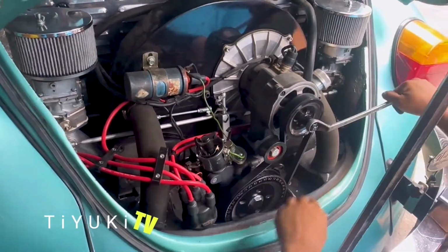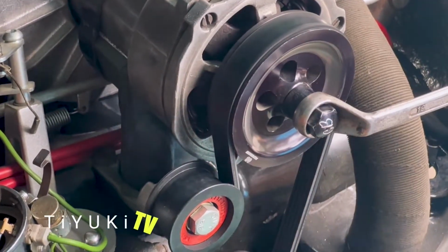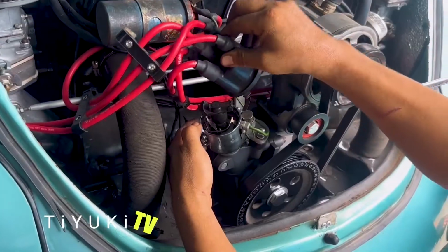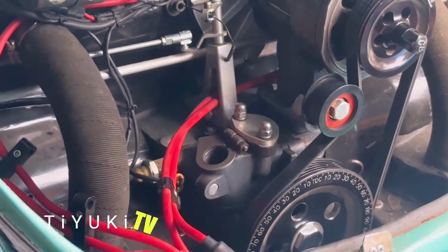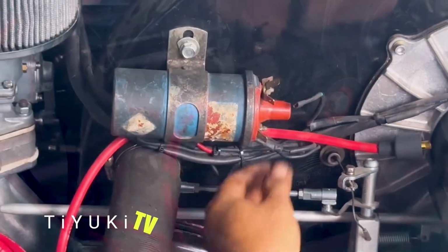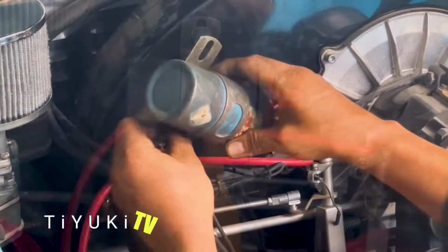After 6 months of not being able to use our Beetle, it's starting to act up. Everything is already pretty much upgraded, except for our ignition system. Our ignition system is